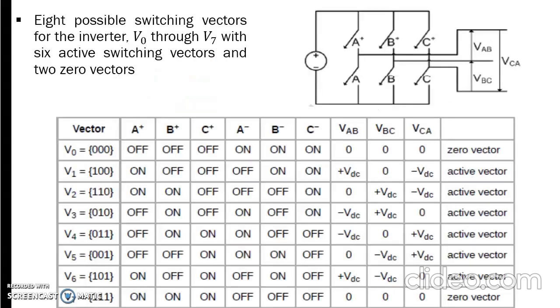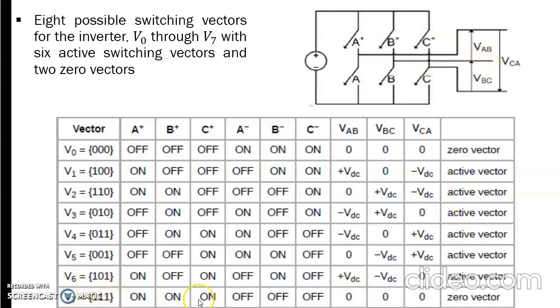You can see that this is a three-phase inverter. In the three-phase inverter, you can see there are 6 switches. These 6 switches can be operated in different combinations. Two combinations you can directly say: if all the switches are closed, there will not be any output voltage. That is the last state I have written.